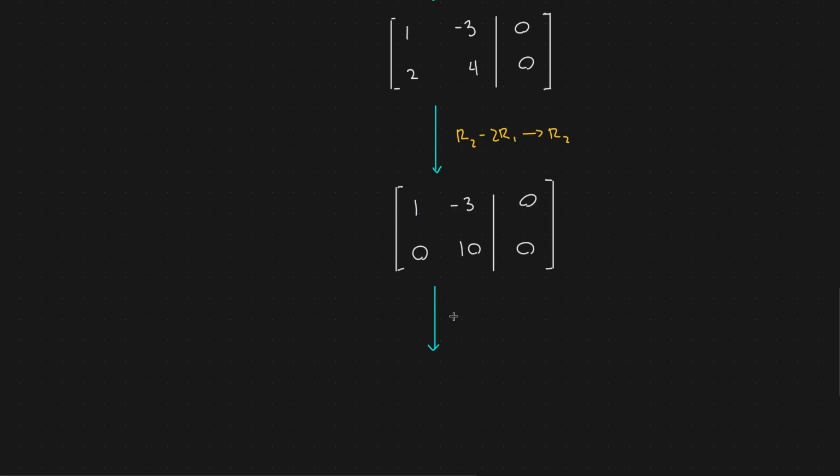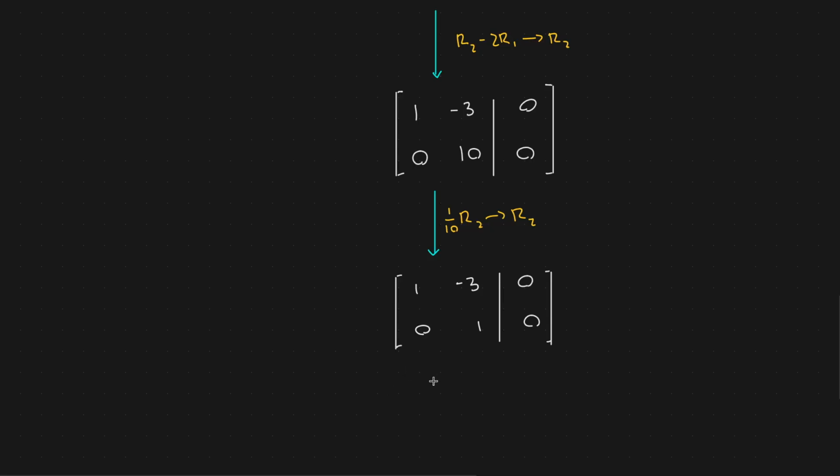So let's take row 2 and multiply by 1/10. That's going to be my new row 2. I get 1, negative 3, 0, 0, 1, 0. And finally, we're almost done here. Let's do,